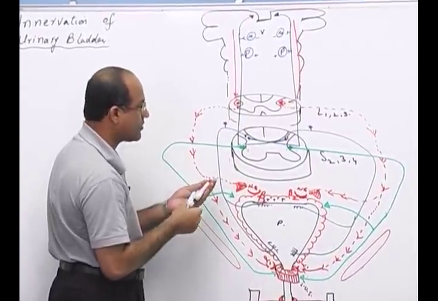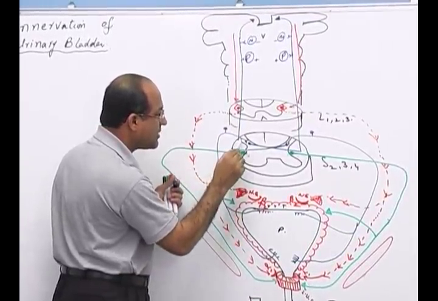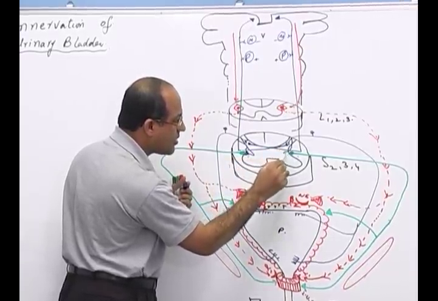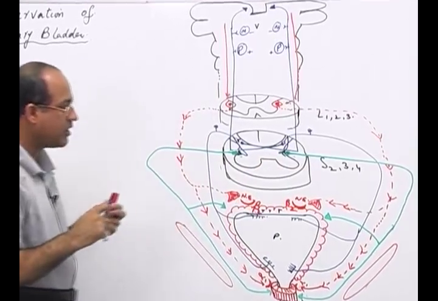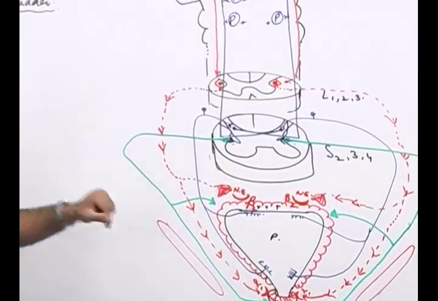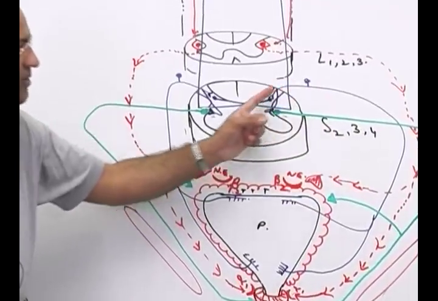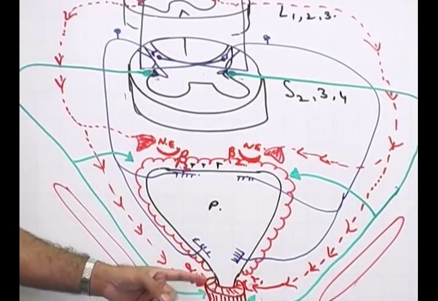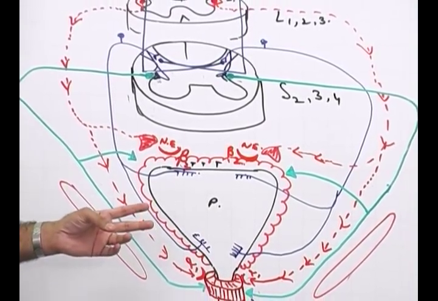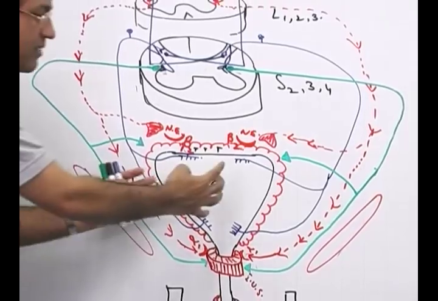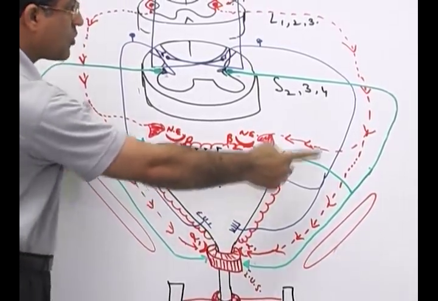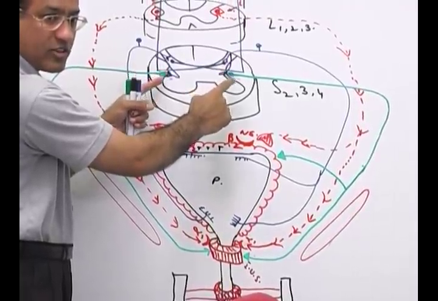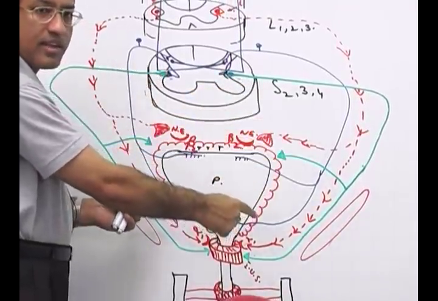But actually, there was one thing which I didn't tell you and I must tell: when sensations enter, they also stimulate, yeah, what is this? Parasympathetic outflow. So what really happens, attention please, is that when sensory input goes over there, you try to activate parasympathetic outflow. And if it was so, attention please, that whenever the bladder fills a little bit, sensations go to the spinal cord, and from the spinal cord, the sensory system directly stimulates the parasympathetic outflow, then naturally urination will